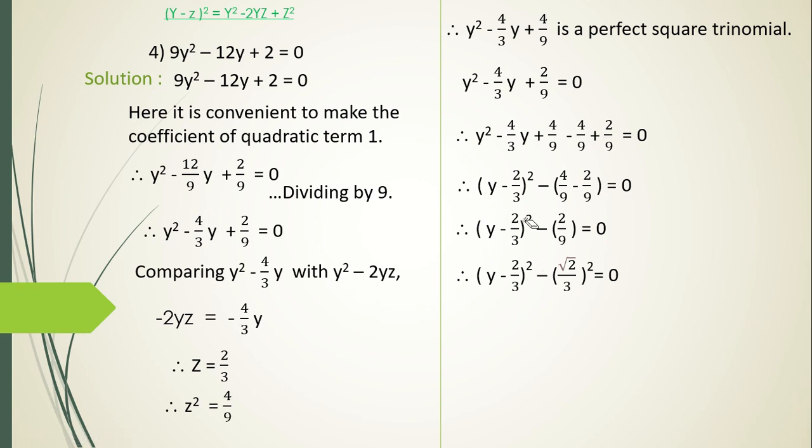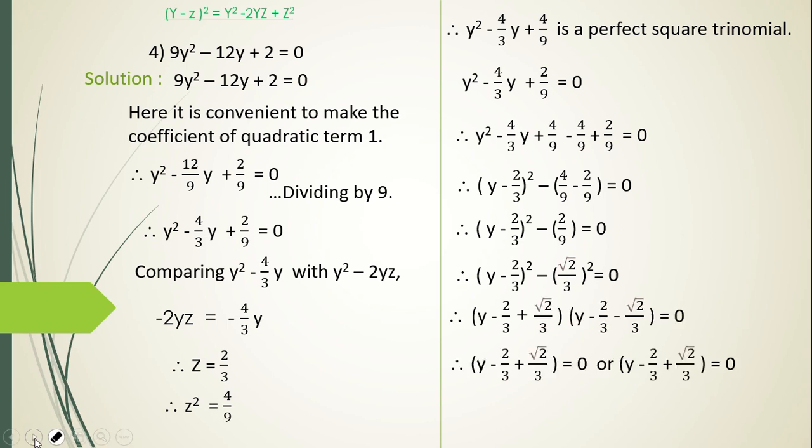Now we have got a square term here, y minus 2 upon 3. A square minus b square we want here. So write that as root 2, and this is already a perfect square 3. Root 2 upon 3 the square. So this is a square minus b square, and we know it is a plus b, a minus b. We have got the factors, equate the factors to 0, and then we get the value of y.